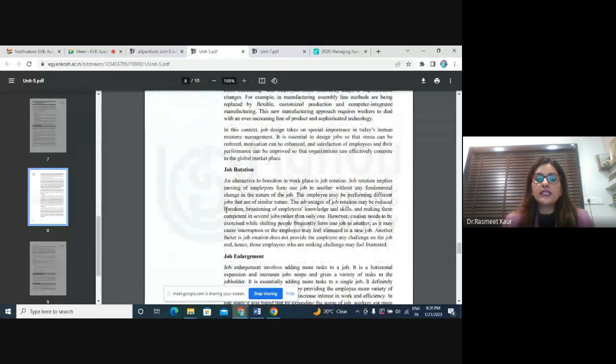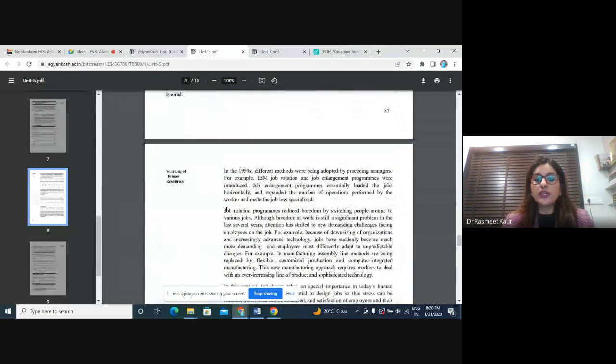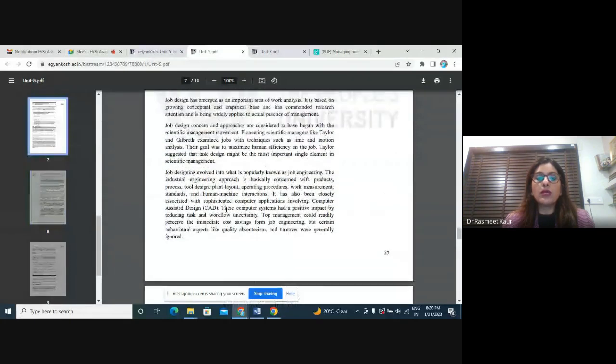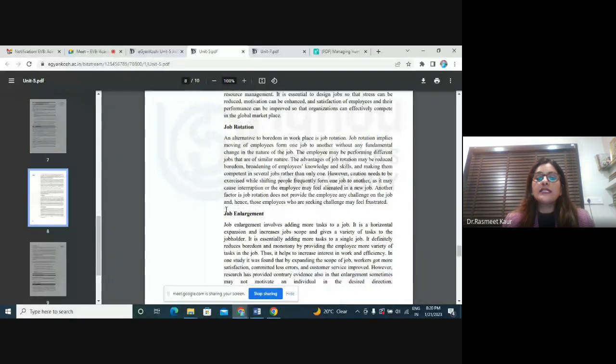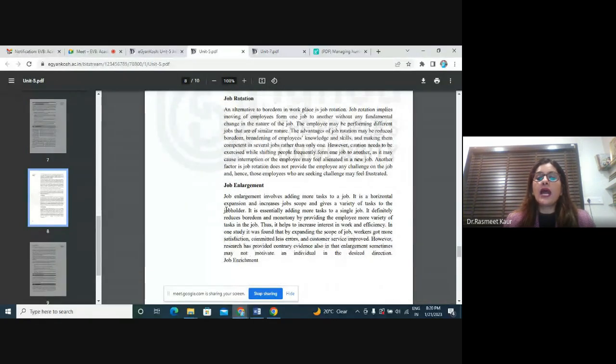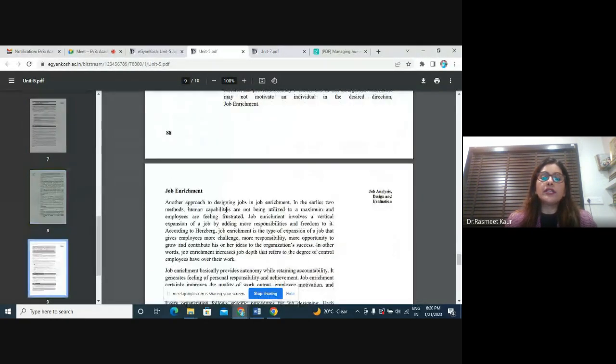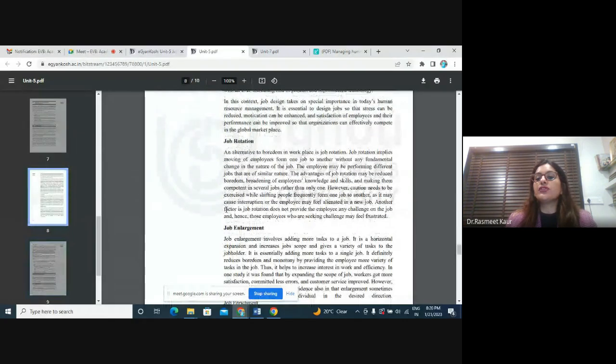As you can see right now, there are a few terms which are coming, which I would like to talk about. That is your job rotation, job enlargement, and enrichment. These are few of the vocabularies of HR. What is job rotation? Basically, what happens is to avoid boredom at workplace, companies keep on rotating the employees from one job to another.